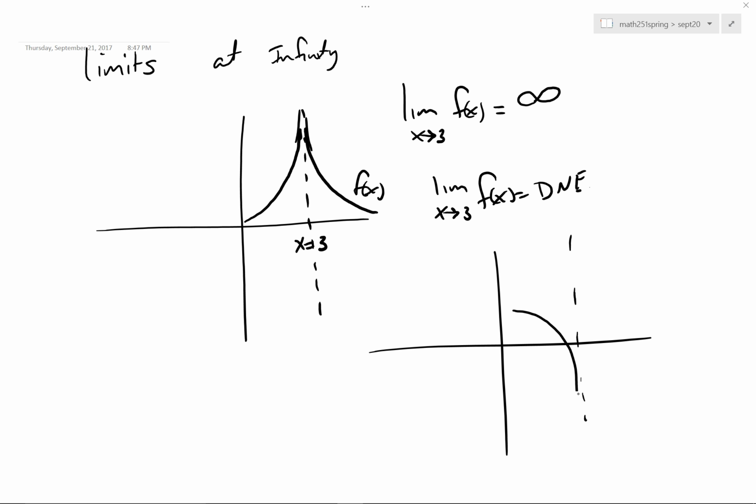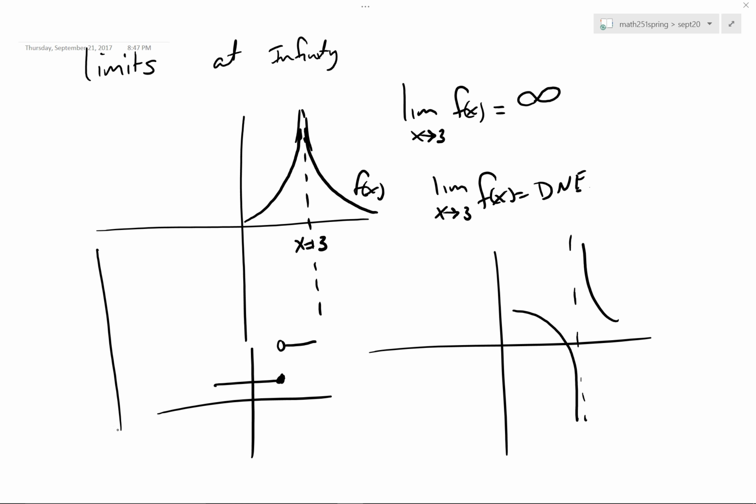This is also one of them going down and one of them going up. This also does not exist. This also does not exist. So is this one. They all are does not exist. This tells me what's happening. It is headed towards positive infinity. And that's how I would prefer that you write them.